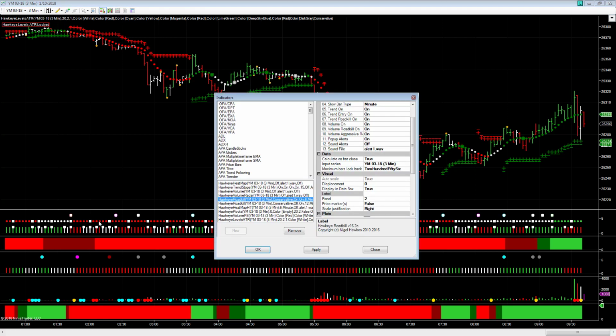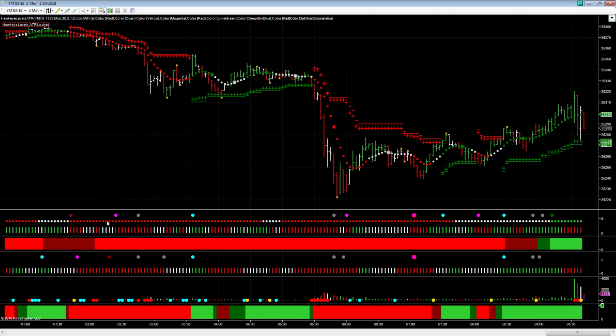So if I were to format that, then you can see that I am looking at a 6-minute time frame on that roadkill. And that roadkill is identifying the trend of the second time frame, and it is identifying the volume of the second time frame. So with this indicator, I can see trend, volume, and with the higher time frame heat map, I have all